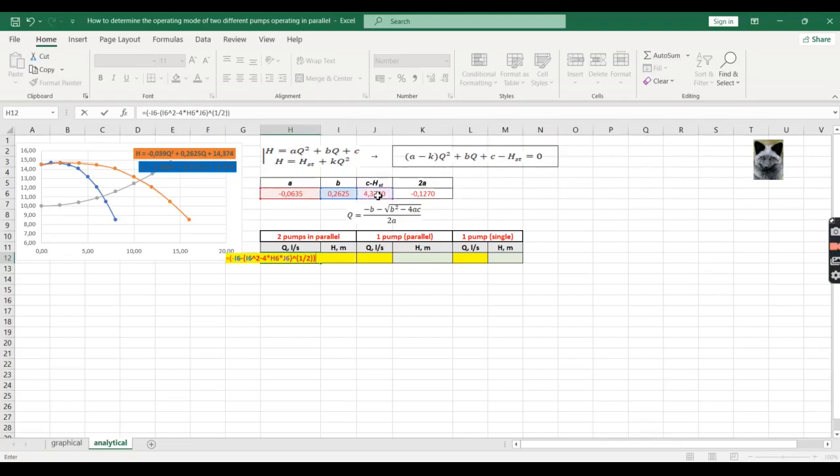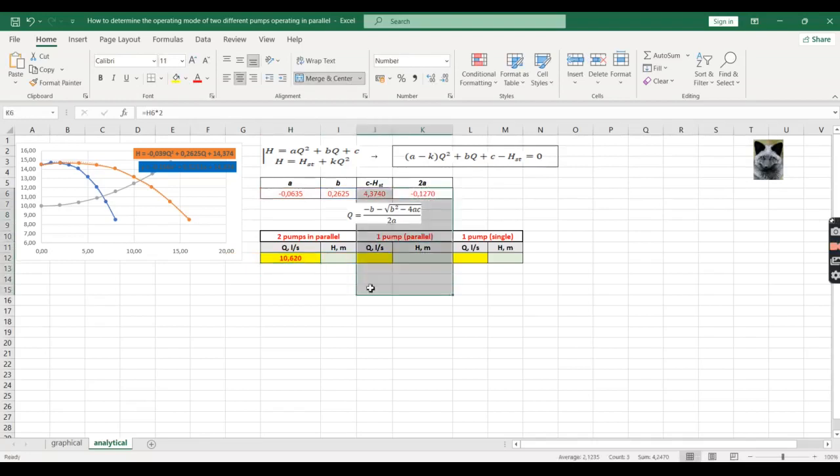So once again, we have to close the brackets, and at the end, it has to be divided by 2 times A. So you see that the final answer for the summary flow rate is 10.62 liters per second,